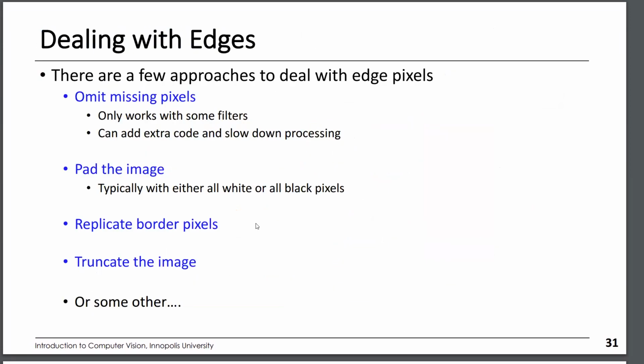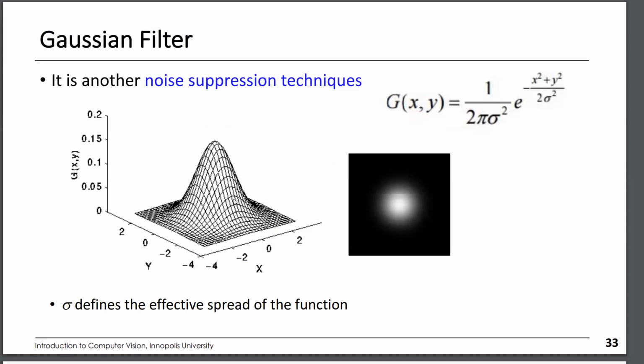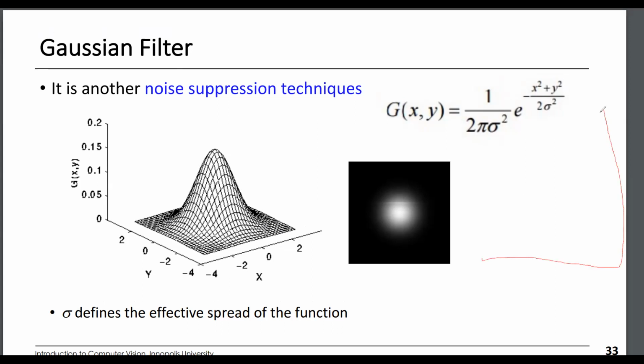Averaging smoothing filter. Now we will speak about the second filter, which is the Gaussian filter. It's another noise suppression technique. Basically, what it does, instead of all of the pixels surrounding the area of interest being equally important, for example, here, this is the image. We are working on this pixel. Instead of all of this being the neighborhood and all of them being equally important to the output of our noise suppressor,